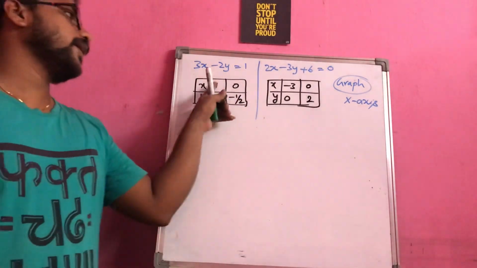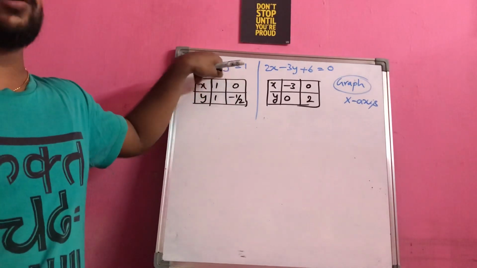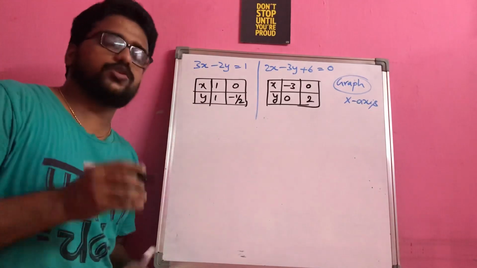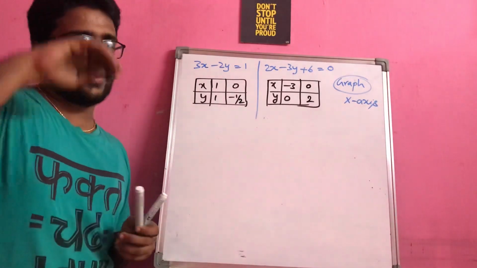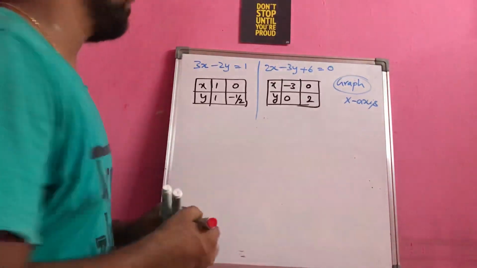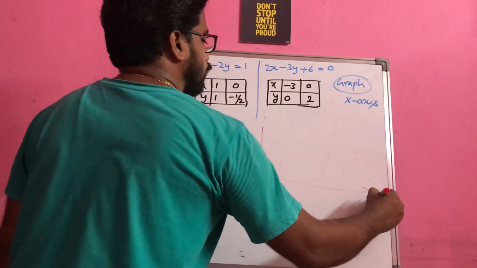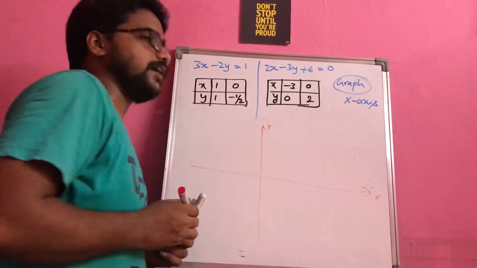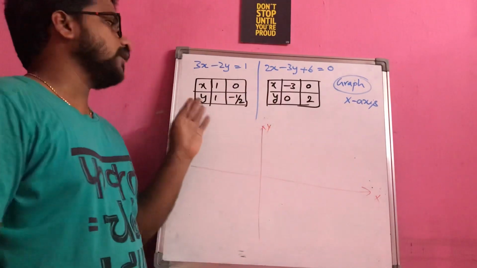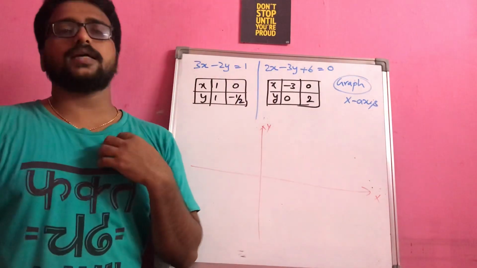Here, why didn't I substitute y with 0? Because if I substitute y with 0, I will get the value of x as 1 by 3, and it will be a little difficult for us to represent that 1 by 3 on the number line. For that sake only I didn't take that number. Okay. Now let us see how to plot this. Remember one small thing: whenever you plot on a graph sheet, don't always draw it in the middle. Based on the values that you have, you have to make the graph sheet accordingly.